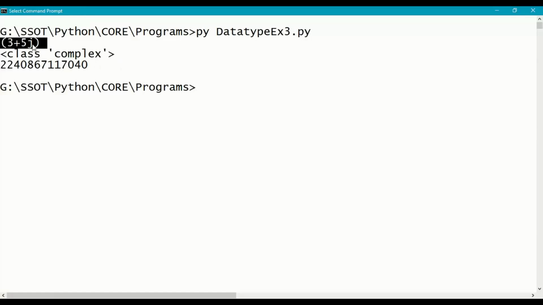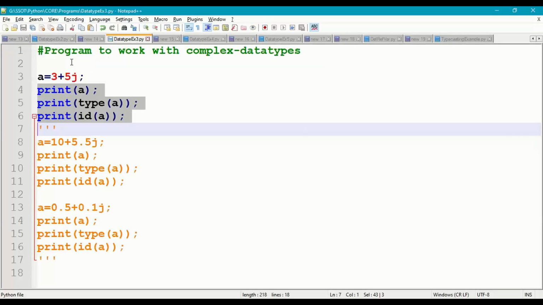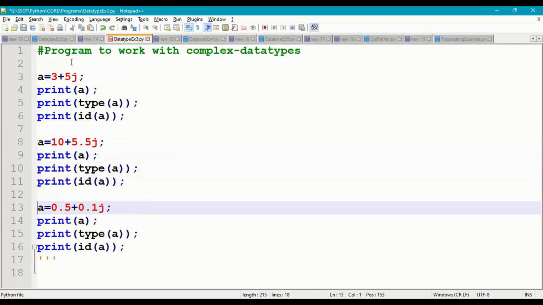So 3 plus 5j, data type is class complex. This is a unique address in the memory. So we can also take 10 plus 5.5j, second case. Save this, run. So 10 plus 5.5j, complex, unique address. Third case,